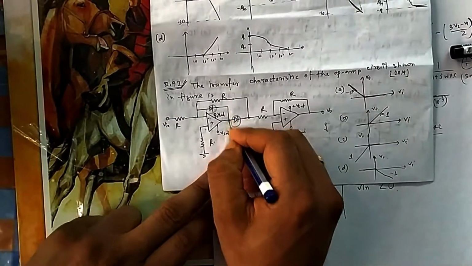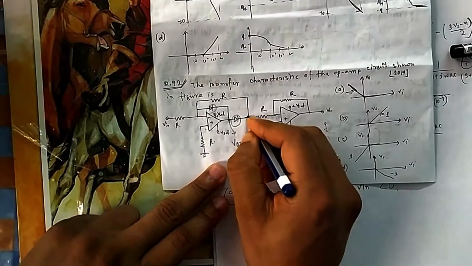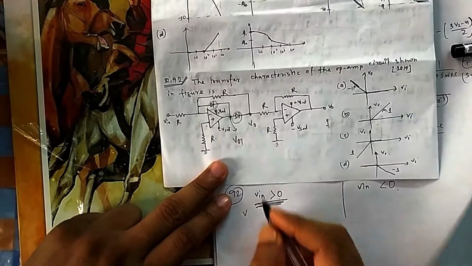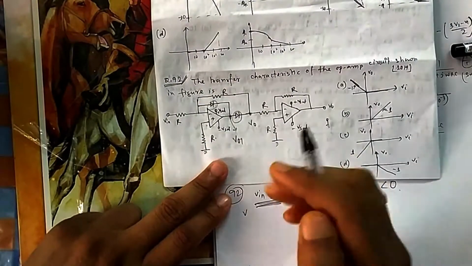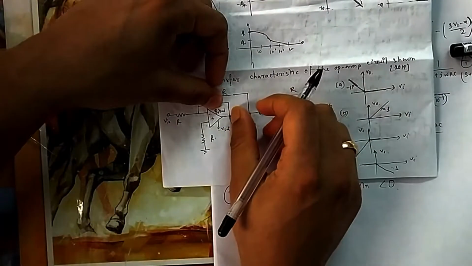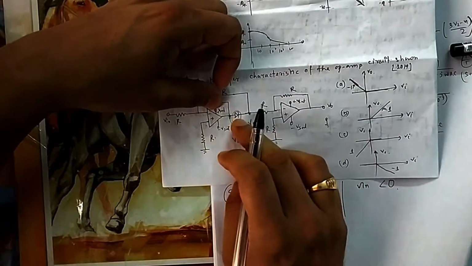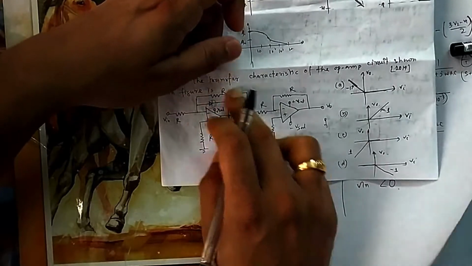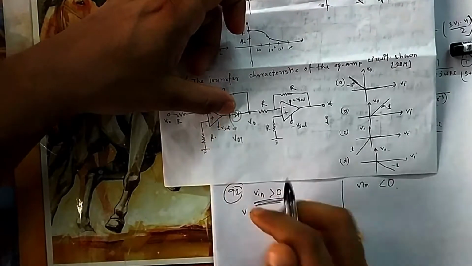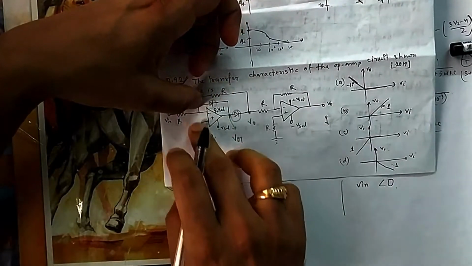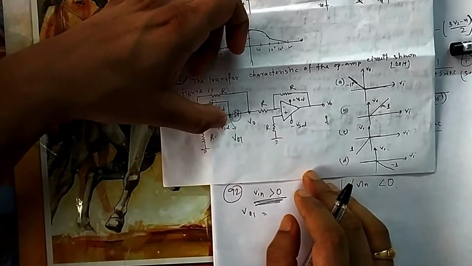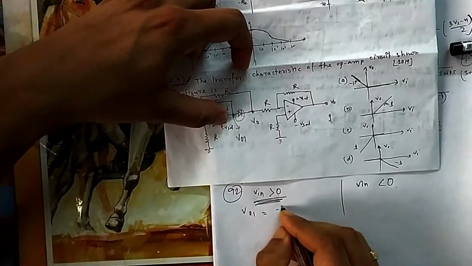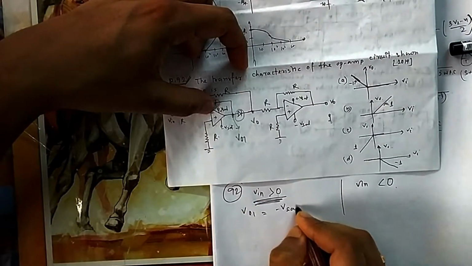Let me name this position V01. This is V0. So if it is positive, then I have opened this diode. This diode is open now. You can think these two diodes are open. Once this diode is open, for the output V01 there is no feedback path because this is open. So no feedback is there, output is here only. So your V01 will be just a comparator. It will go either to plus saturation or minus saturation. Because your V in is positive, it will go to minus. It is the inverting terminal, so it is minus V saturation.